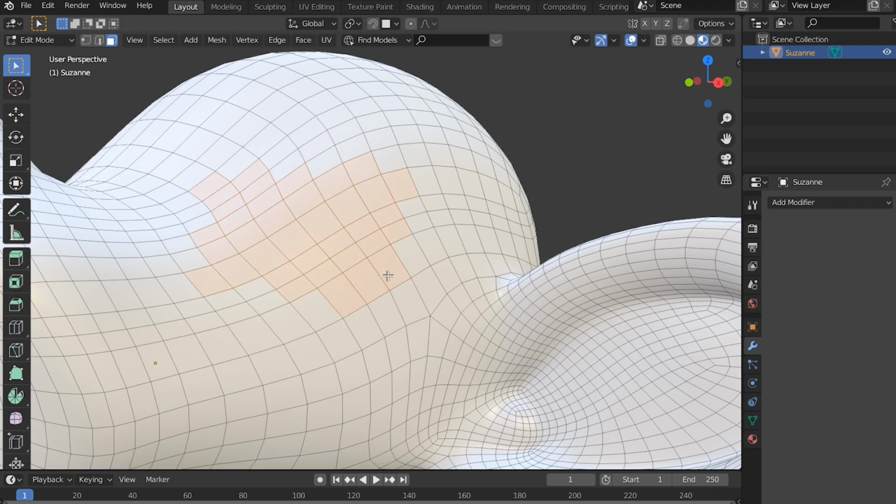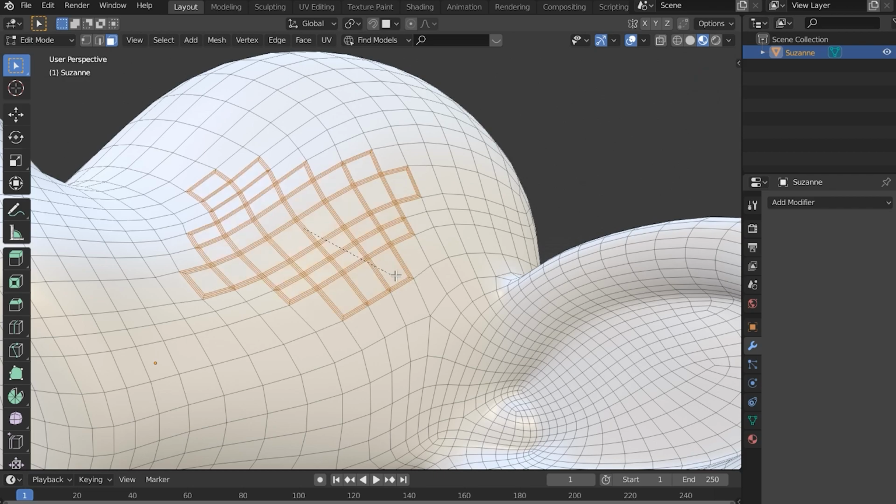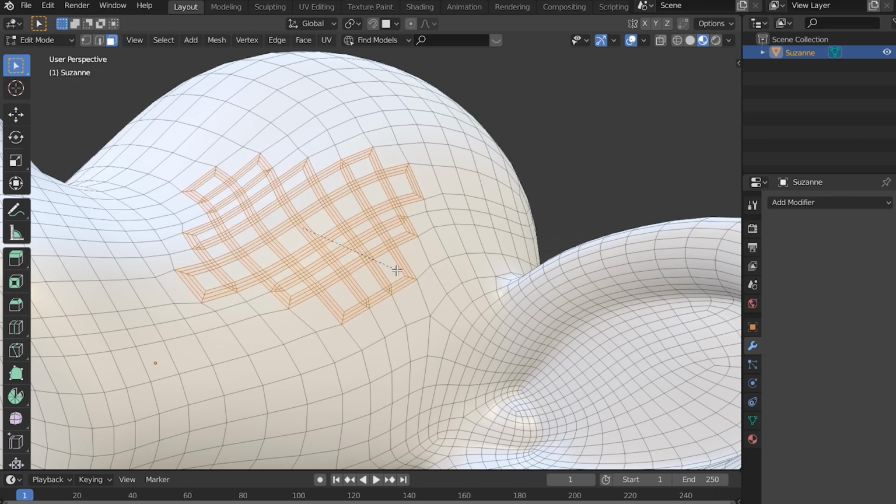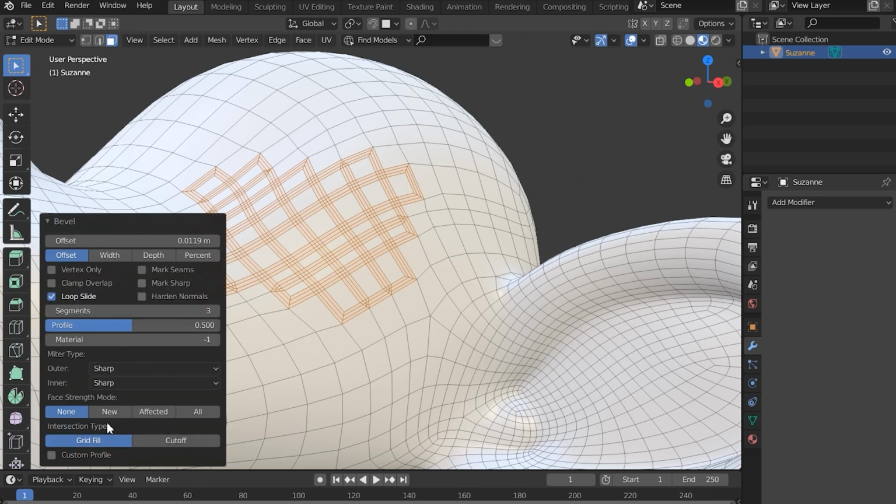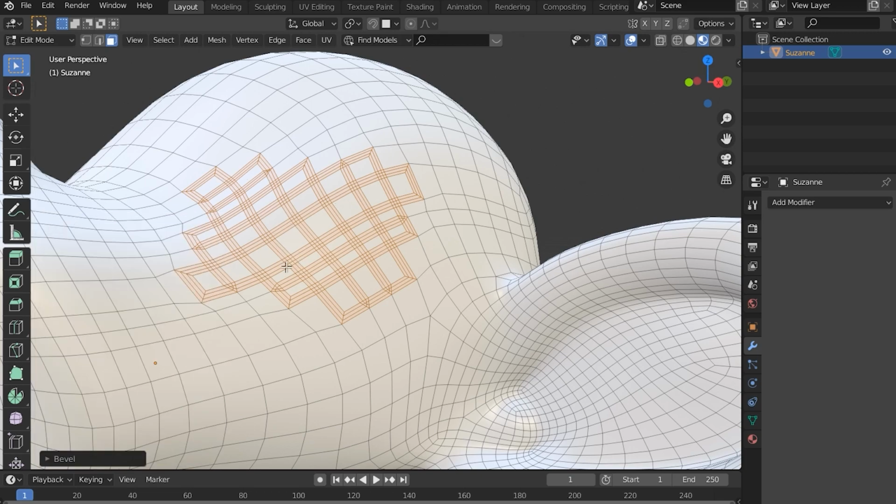If you want to bevel, Control B is going to bevel, and you can move it in and out to choose the distance of which you want to bevel. You can also open up this little tab down here in the bottom and choose how many segments you want it to bevel, and all of these other options that you have. You can play around and find out exactly what you want to have beveled.